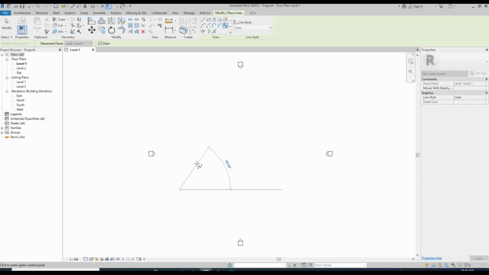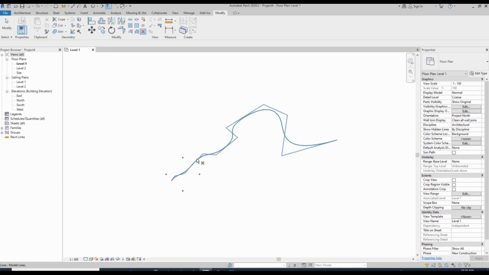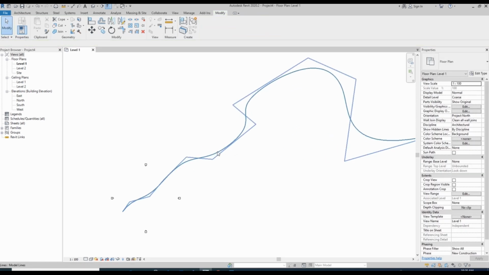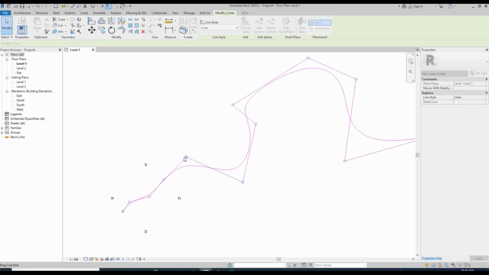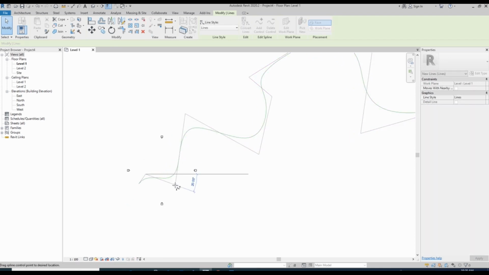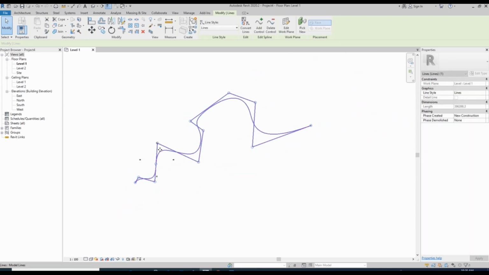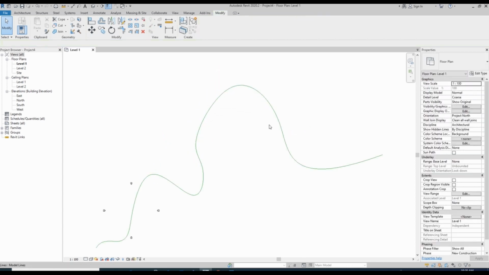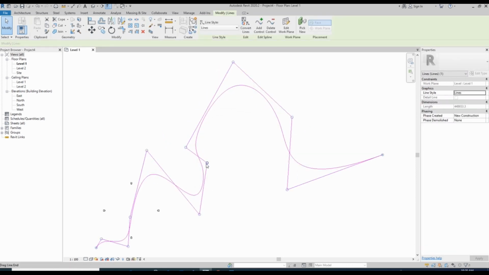I have a curved path like this. I need to array some families or some elements along this path. Easily we can do some arrays over here like this. So while I am using Dynamo for this one,